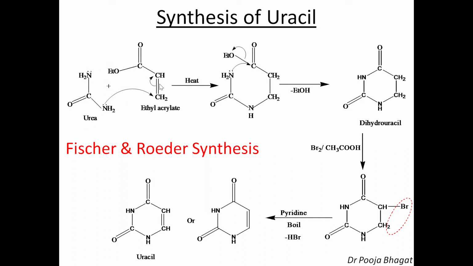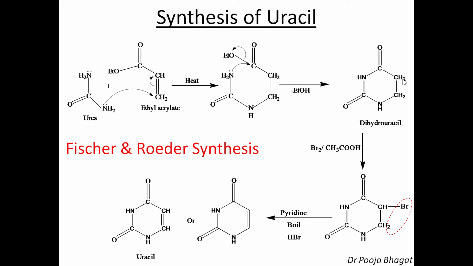We take urea, we take ethyl acrylate. I told you when we discussed the synthesis of pyrimidine, they take urea and its derivative and 3 carbon molecules, 1, 2, 3, and these two are electrophilic in nature. So the lone pair of electrons will attack the carbon, pi bond shifts here, so now there is a bond between the two, and then the lone pair of electrons shift here, OEt goes out, so there is a loss of ethanol, and a cyclic system is obtained, a 6-member ring.